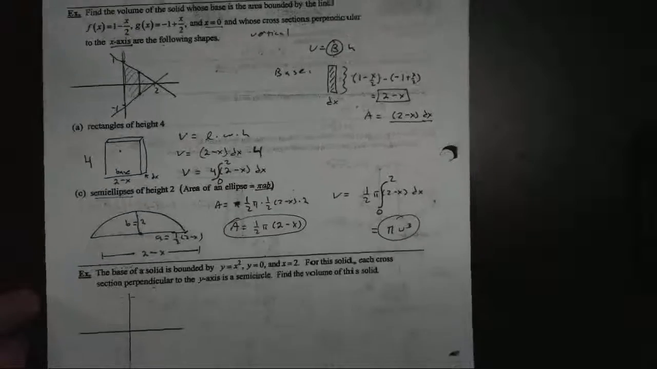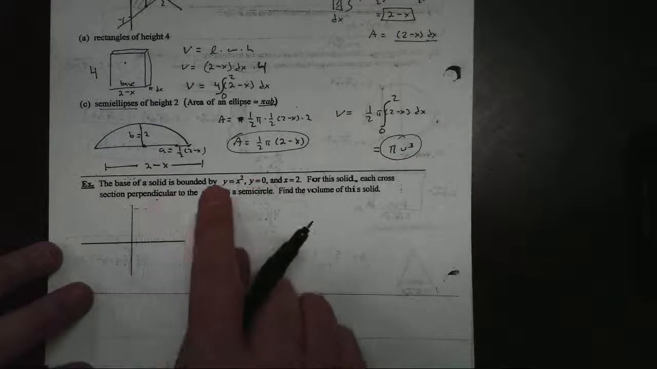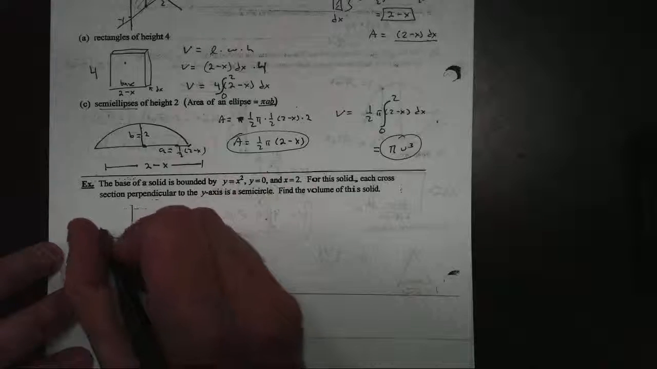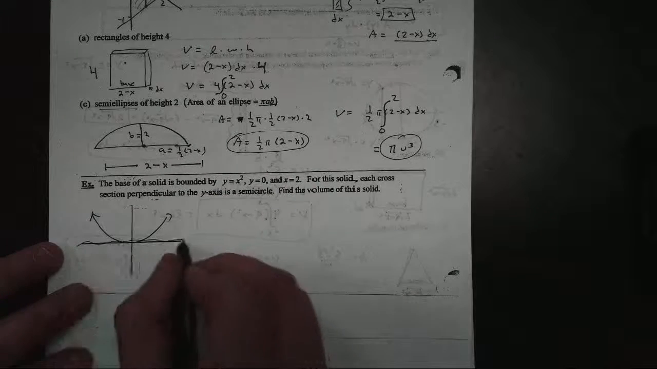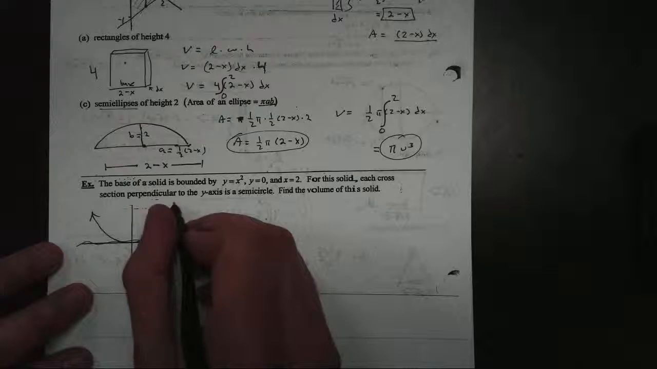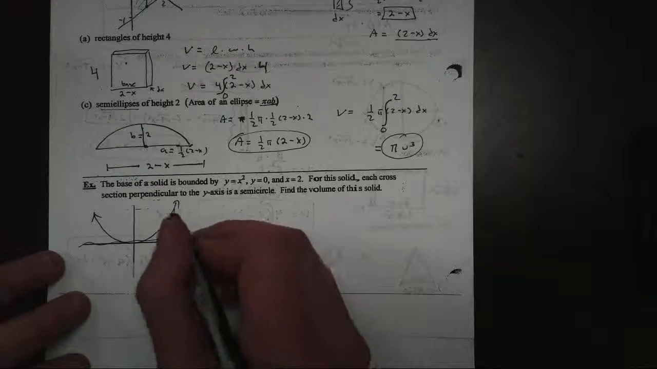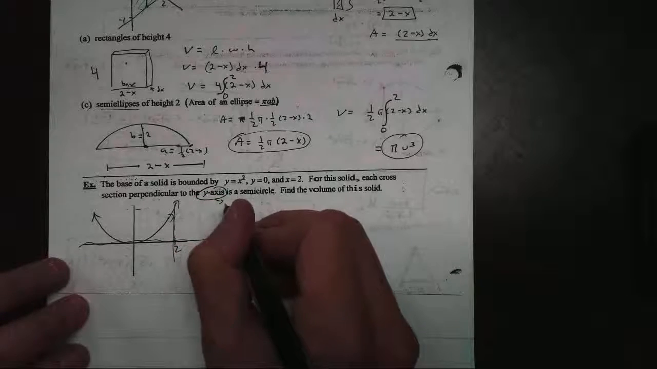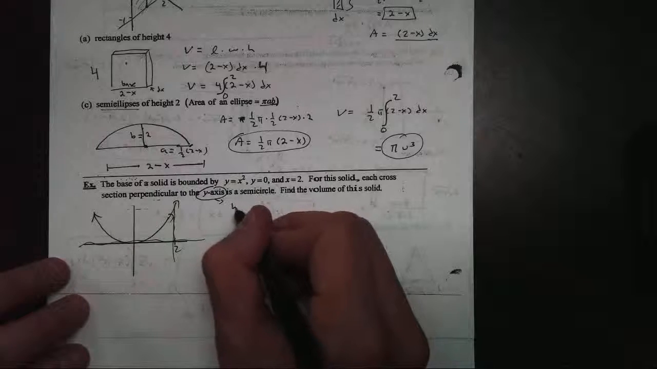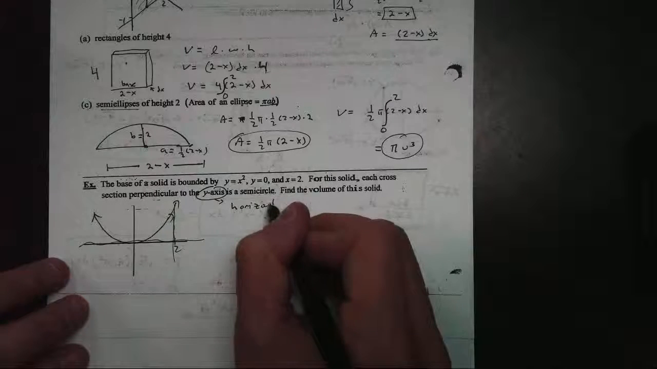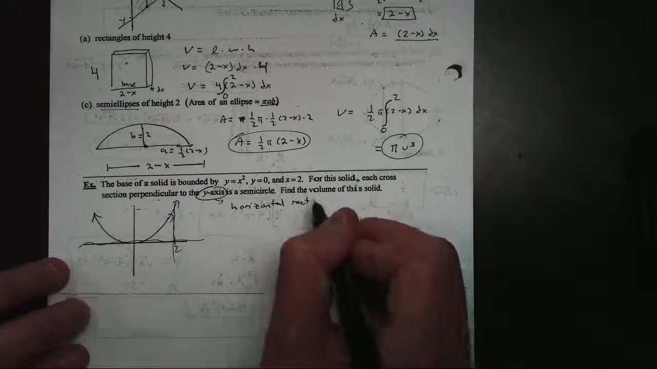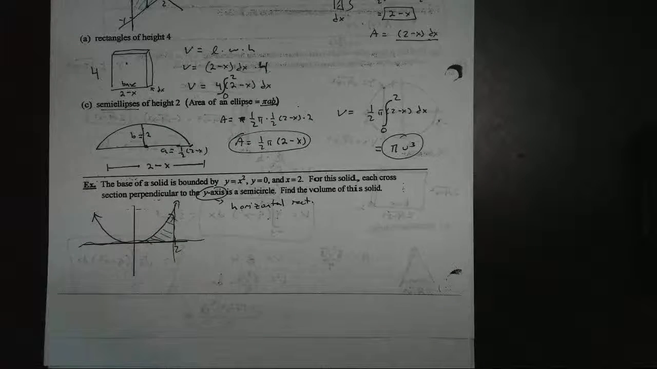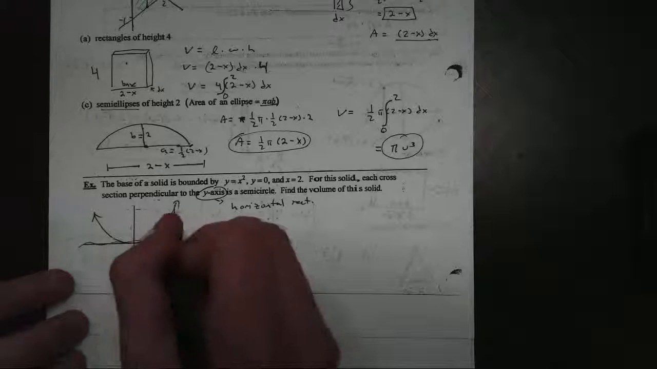And the very last one, down here, we have a parabola. The base is bounded by a parabola, y equals x squared. So I draw that. Y equals 0, that's the x-axis, and x equals 2. There's my line here. But this time, we're perpendicular to the y-axis, which is weird, which is harder for us, because this is telling me that my rectangle has to now be horizontal. So when I draw my rectangle, this time it's going to be horizontal,